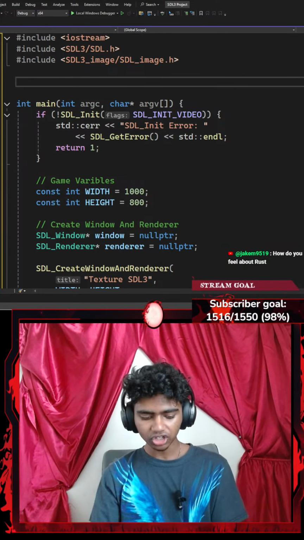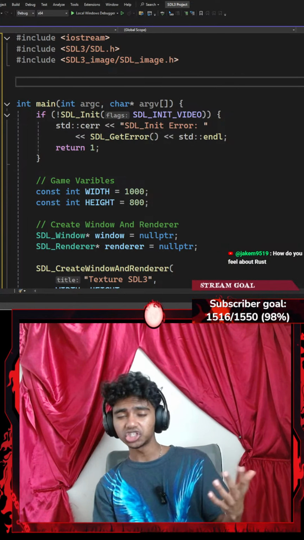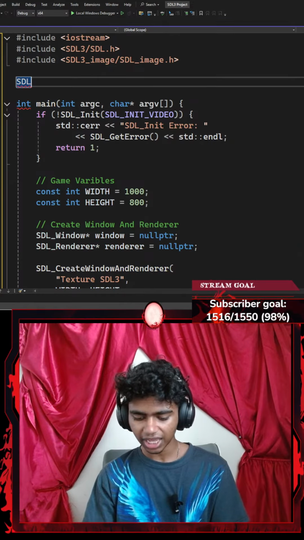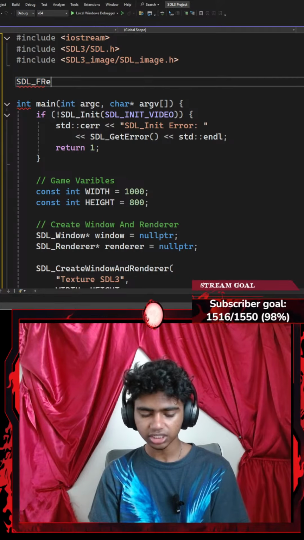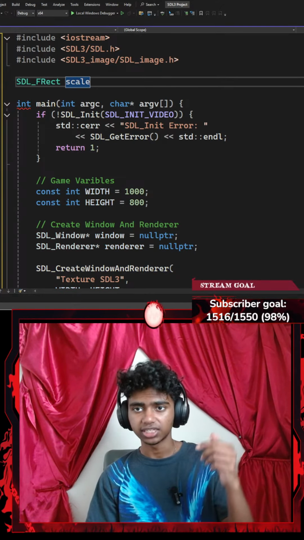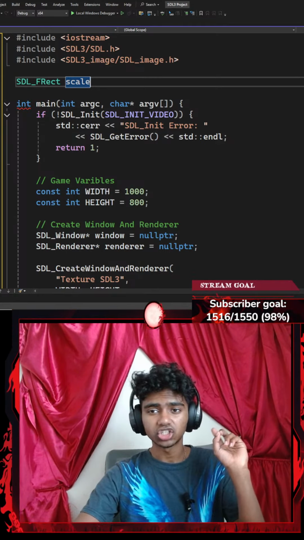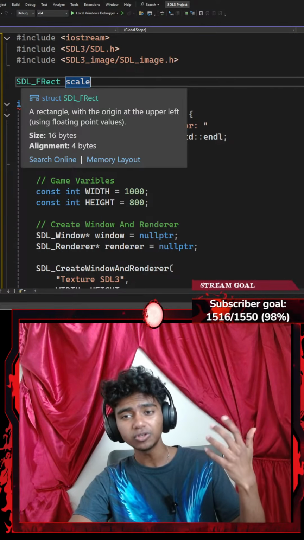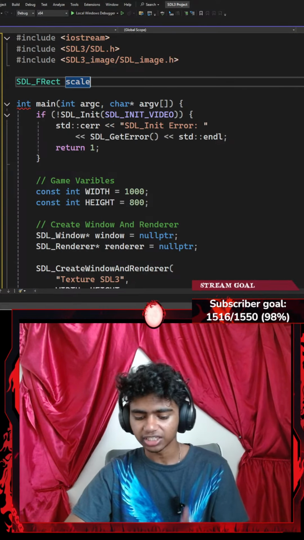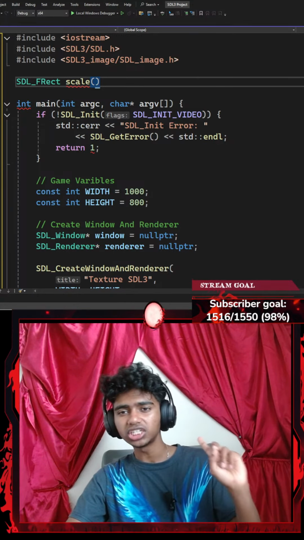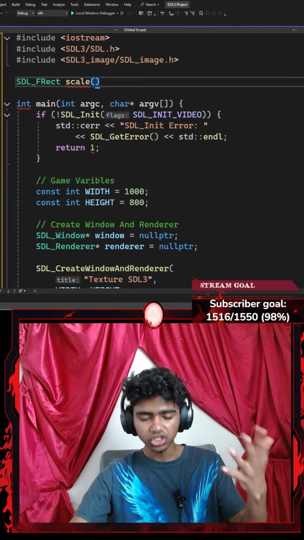Now let's go ahead and create a function for scaling my actual PNGs. To do that, I could go with something like SDL_FRect. So this is a structure. Now my scale function does consist of all the attributes of my SDL_FRect. And then I'll go with a pair of parentheses. Now my scale function does require a few parameters. It is going to be requiring